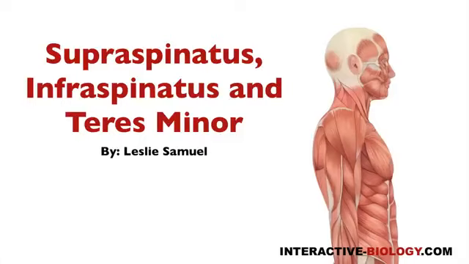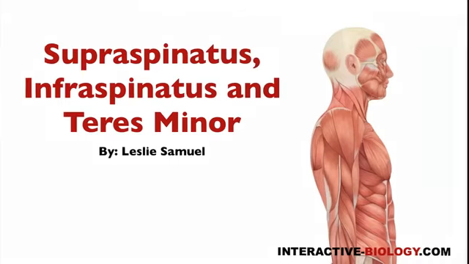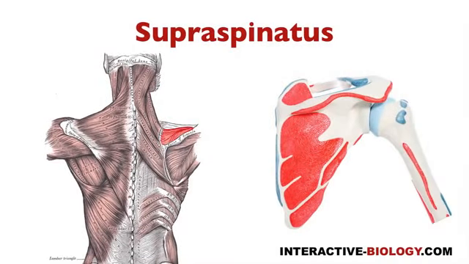My name is Leslie Samuel, and in this video I'm going to talk about three more intrinsic shoulder muscles, and that would be Supraspinatus, Infraspinatus, and Teres minor. I wanted to take these together because it's easy to remember their insertions when you look at the three of them together. So let's get right into it and deal with the first muscle, which would be